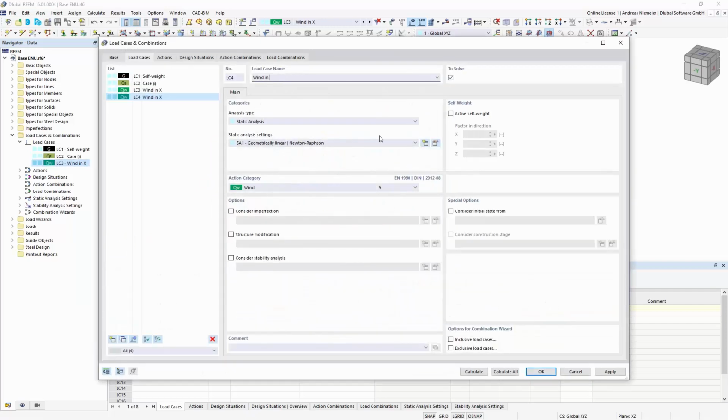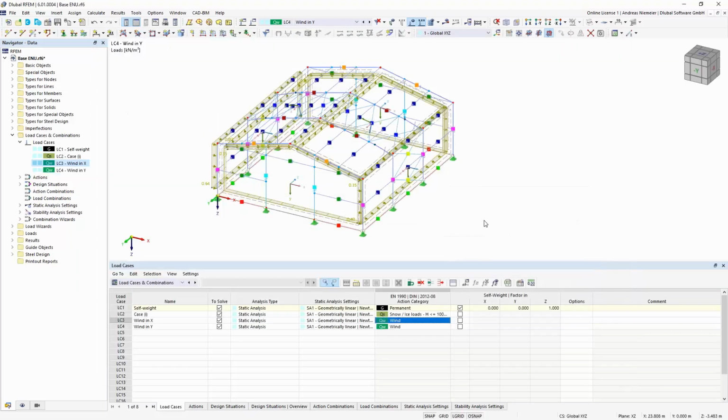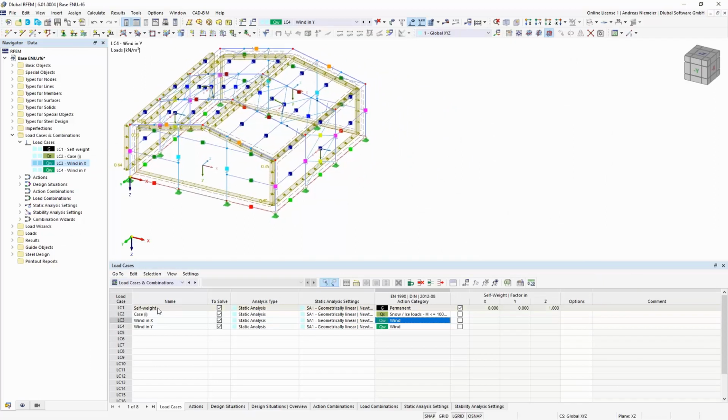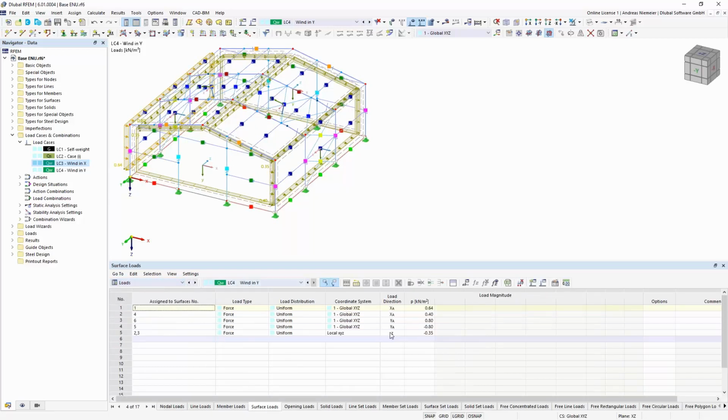I change the name and confirm it, and now we only have to change the load magnitudes. Therefore I go to the chapter loads, wind in Y direction, and now let's start here with the pressure side. So it's maybe this load here in the back.